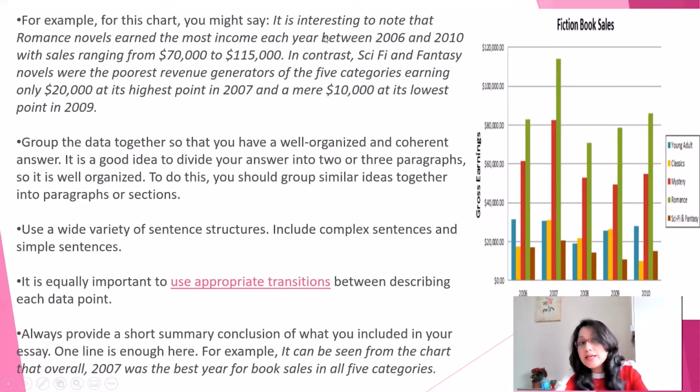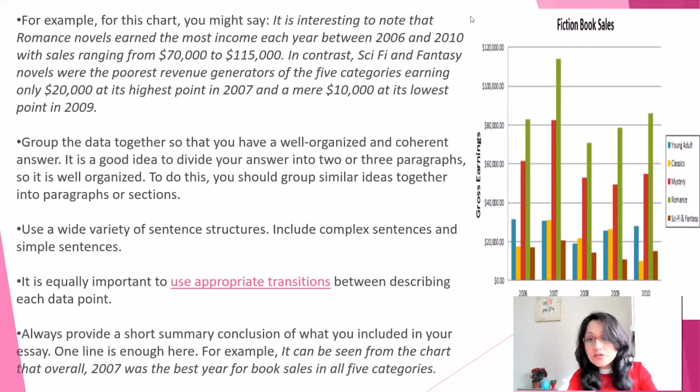So you can see that's what we have mentioned, that this is what happened between 2006 and 2010. If you see, romance is always at the top, all right? So that's what we've mentioned. How are you going to tell a relation between them? That romance novels earned the most income each year between 2006 and 2010, ranging